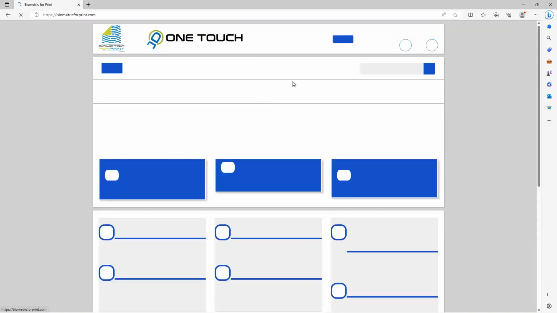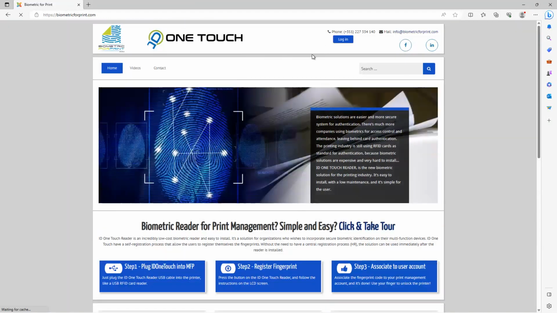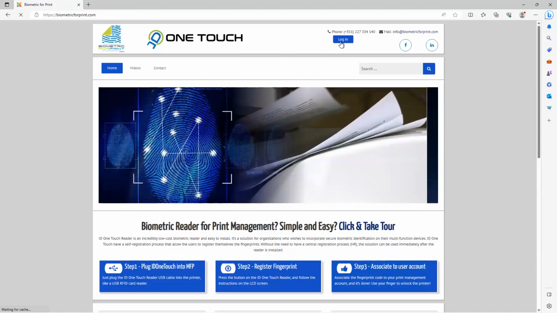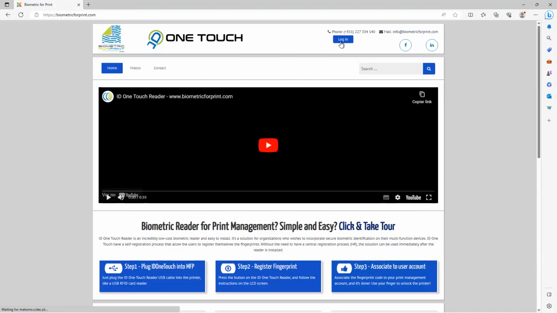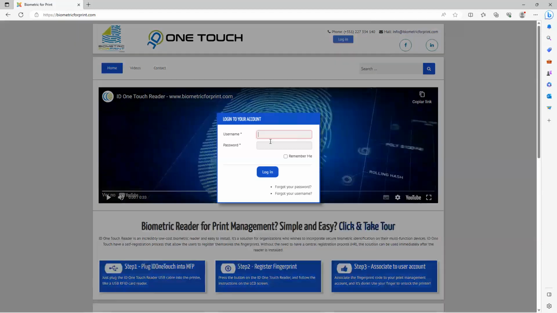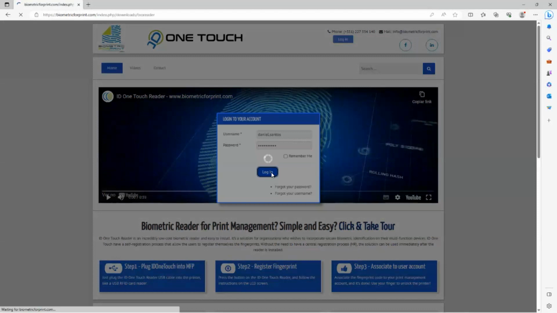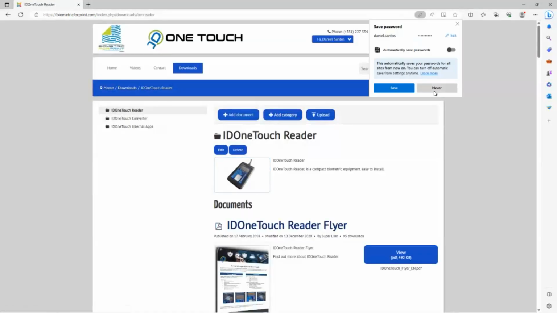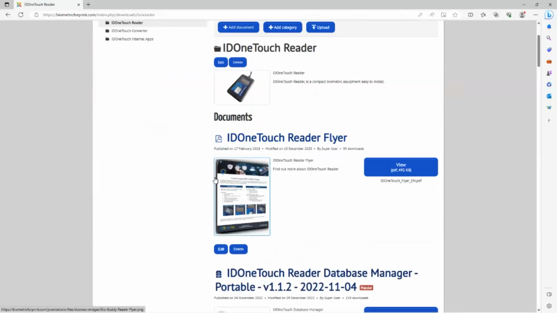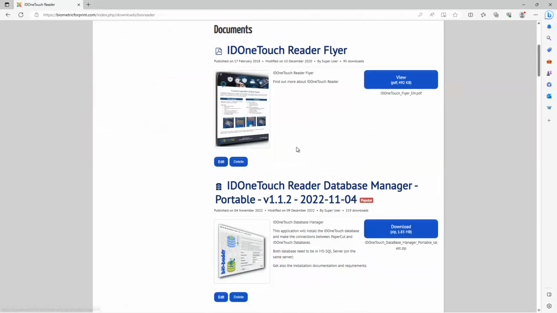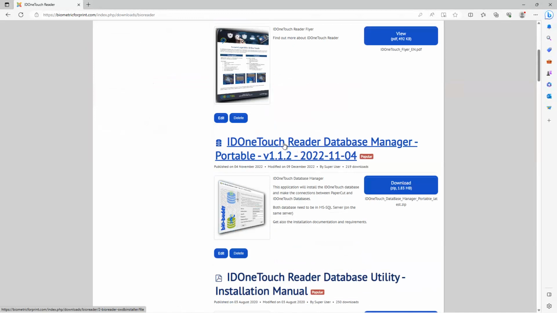Okay. If you don't have any kind of credentials to log in here, please reach us through our email, which is support@cctech.pt. Okay. Otherwise, if you already have it, you just need to press login, type your username and password that was provided to you, and then we are in and we are seeing everything about IDOneTouch itself. So for the installation, what we need: